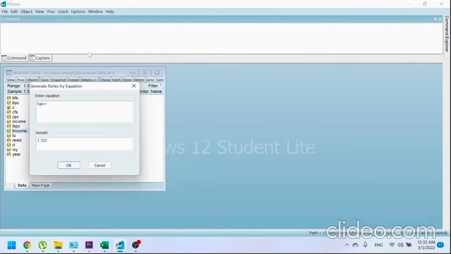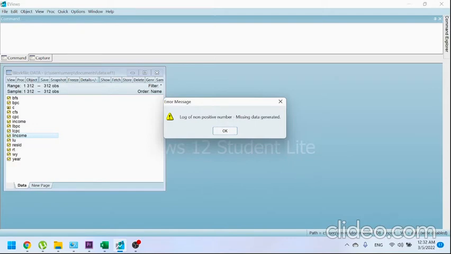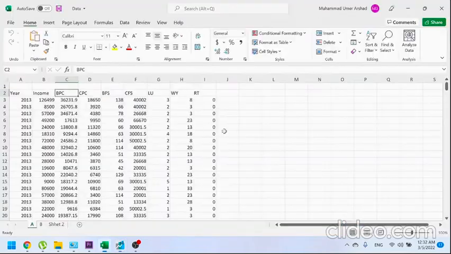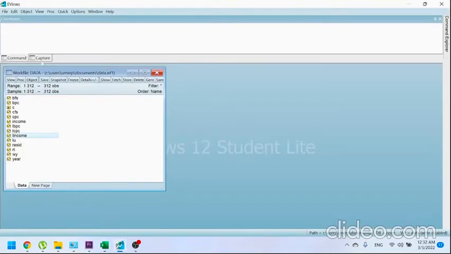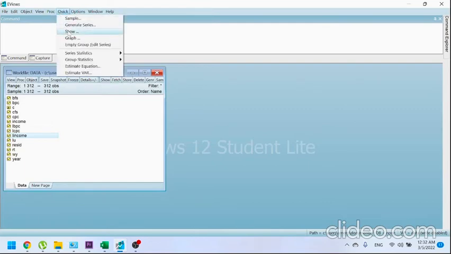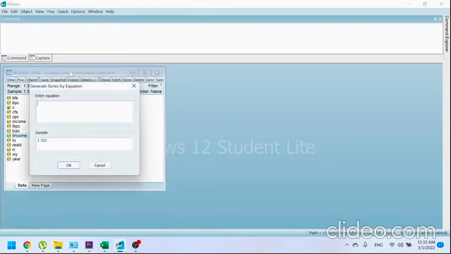So I'm going to take the log of CPC, quick generate series LCPC is equal to log, bracket open, and CPC and bracket close. Alright, okay, here we go. So some number was missing, log of non-positive number missing, data generated. And the next one was